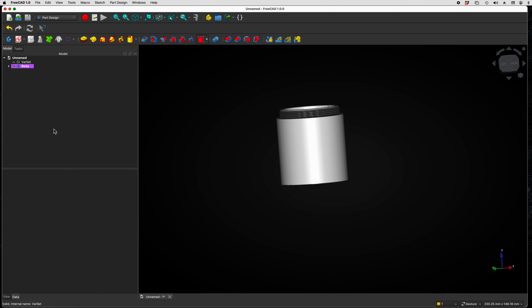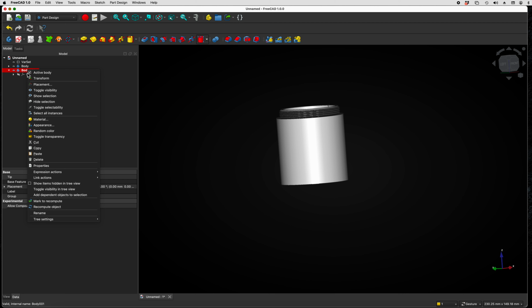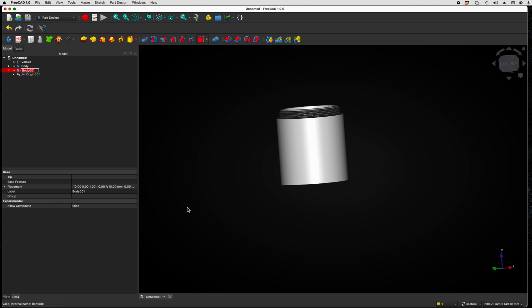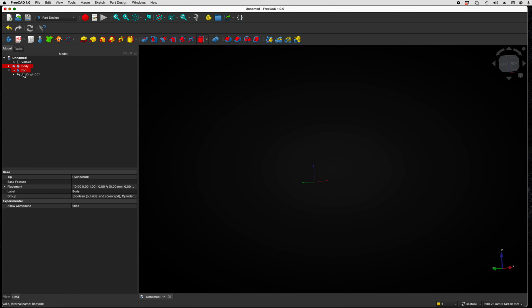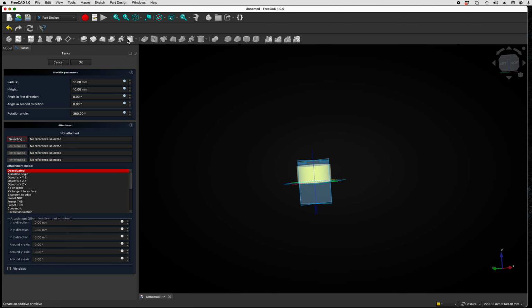Okay, so now we're ready to do the top. We're in the part workbench. We're going to create a new top. We will call this the top. And under here, we will create a new additive cylinder. I'm going to hide the body while we're working on the top. So there's the top, an additive cylinder,